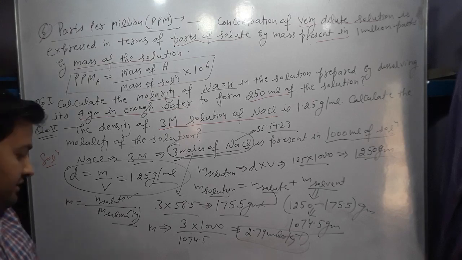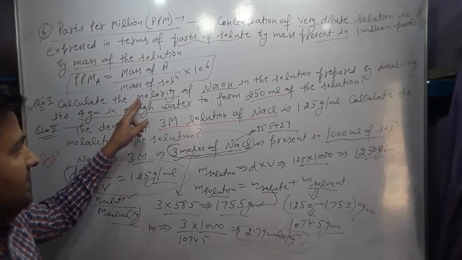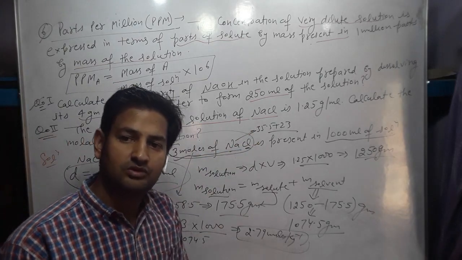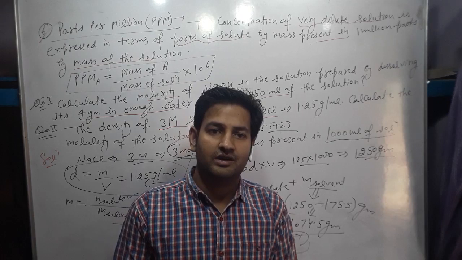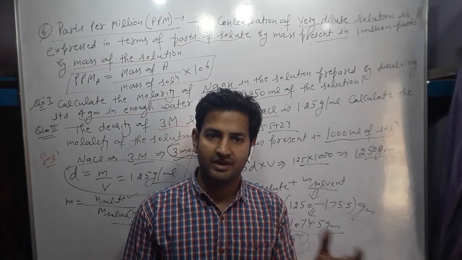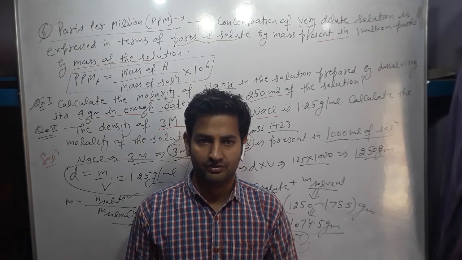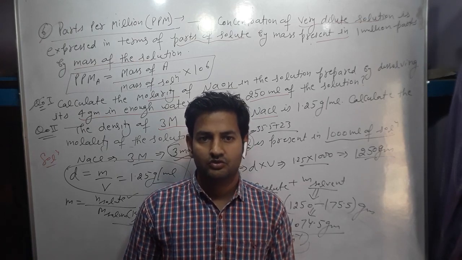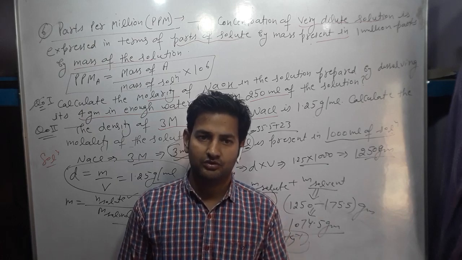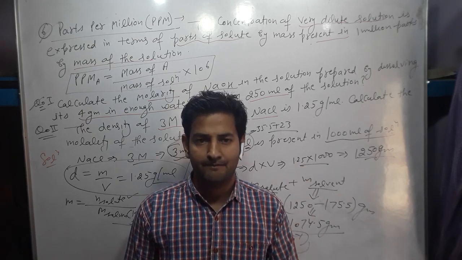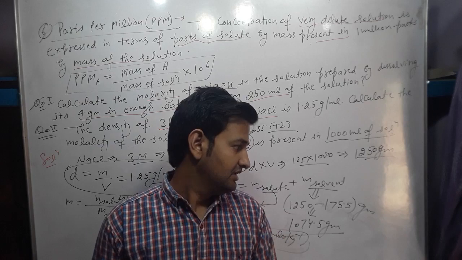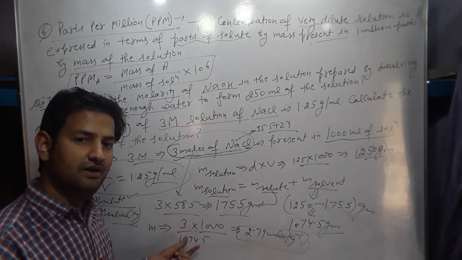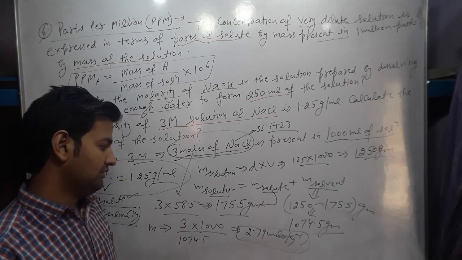It is an important question. In this question we have given the molarity. Molarity is 3 molar. It means 3 moles of solute is present in 1 liter of the solution. From here we calculate the mass of solution. Mass of solution minus mass of solute is equal to mass of the solvent. So molality is number of moles of solute, which is given as 3 moles, and mass of solvent we have calculated. We divide number of moles of solute by weight of solvent in kilogram.